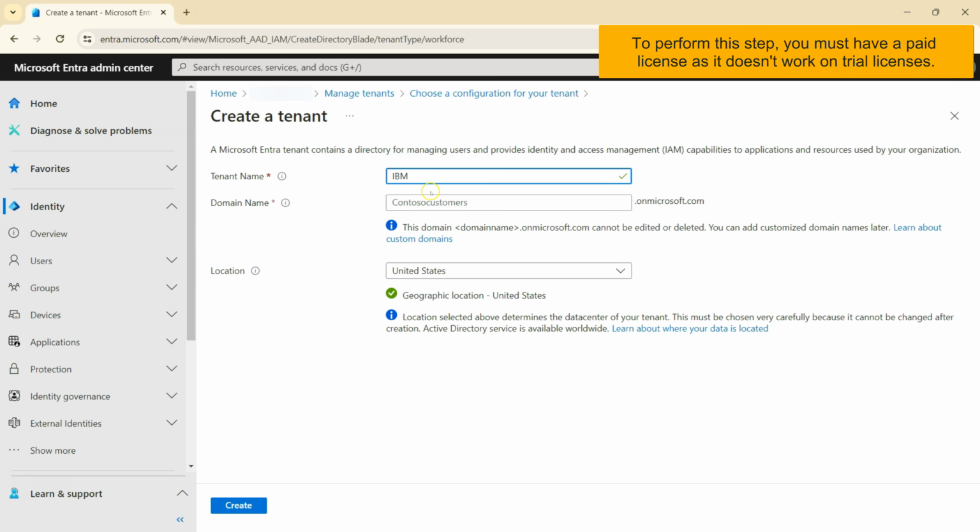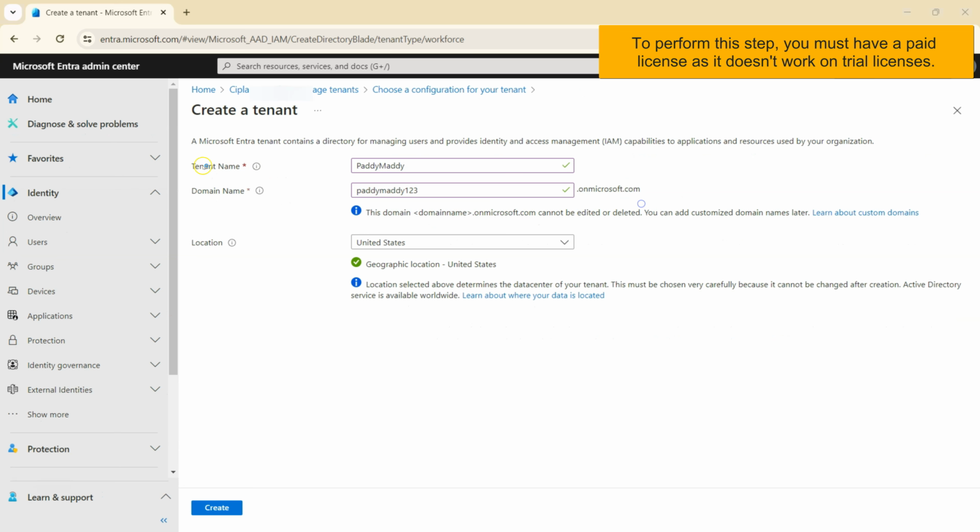For example, if I give IBM as a display name, and if I try to choose IBM as a domain name, it would check for the unique name, and you could see that there was no option to select IBM. However, what I could do is enter a different name. In this case, the tenant name is different from the domain name, but the tenant name can be anything. I could enter IBM instead of Paddy, but the domain name must be unique. So in my case, I have created Paddy multiple times, so this time I'm going to enter Paddy123